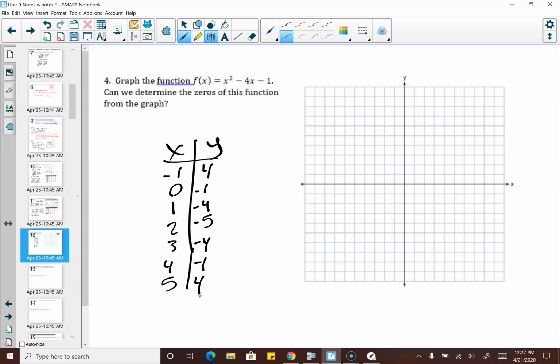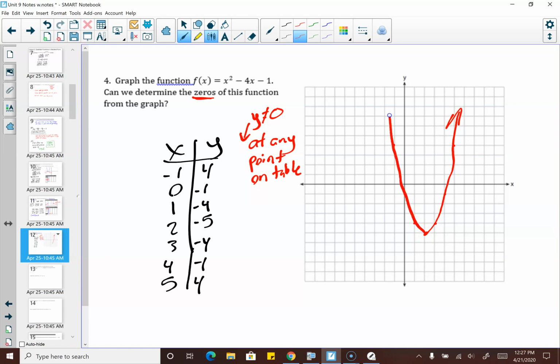So if you look, the first thing that should tell you the answer to this question is y does not equal 0 at any point on the table. That should be a little bit of an alarm that we might not be able to do this visually, the way we've done some of these other ones. But if we complete our graph here,